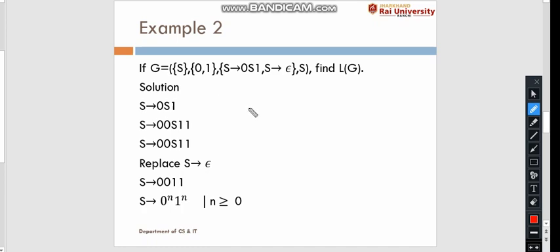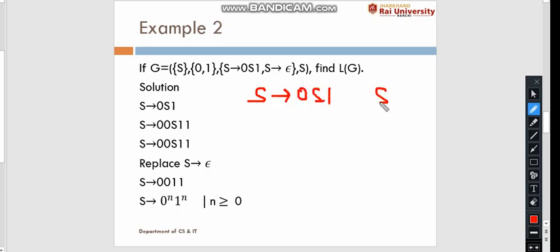Now this is the second example. If the given grammar is G, the variable, terminal, production rule and starting symbol are as follows. S is a variable, or you can say a non-terminal. 0 and 1 are my terminals, this is the production rule, and S is my start symbol. Now here in the given example, S produces two things. S produces 0S1